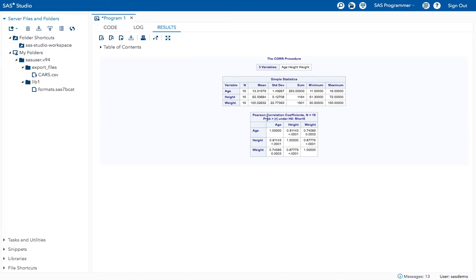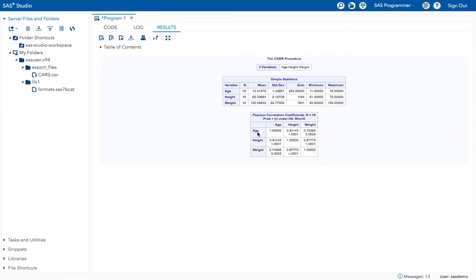Here we got the Pearson correlation coefficients table. In this table it is showing how many observations are present, which is 19. Here age values are compared with age values only, that means the same column, so the correlation will be 100%. When we are comparing the same variable, the correlation will be 100%, right? Same columns and same values, so the correlation is 1. It's the same for height and height, and for weight and weight.